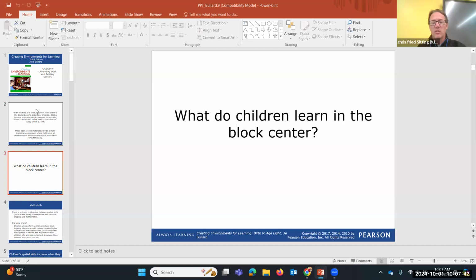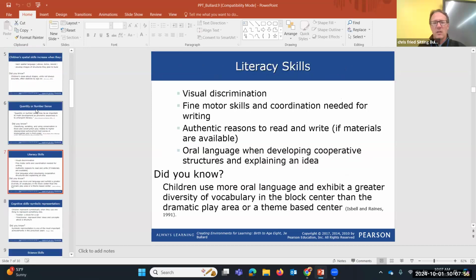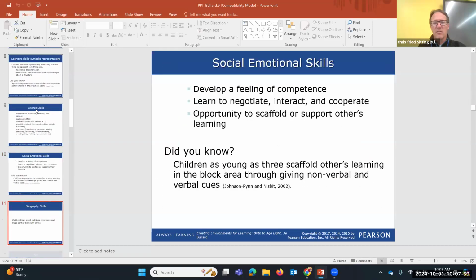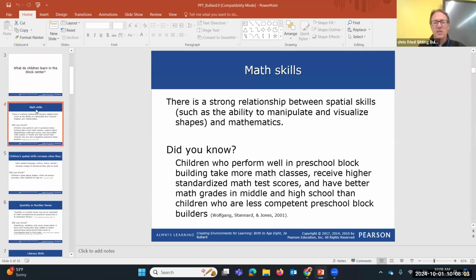And so what kinds of things do kids learn in a block center? This is one of the very popular centers in an early childhood classroom. As we'll go through here, you'll notice that they develop math skills, literacy skills, science skills, social-emotional skills, geography, and art. There are all kinds of skills that children learn in the block center. Math skills: there is a strong relationship between spatial skills and mathematics, so the ability to manipulate and visualize shapes